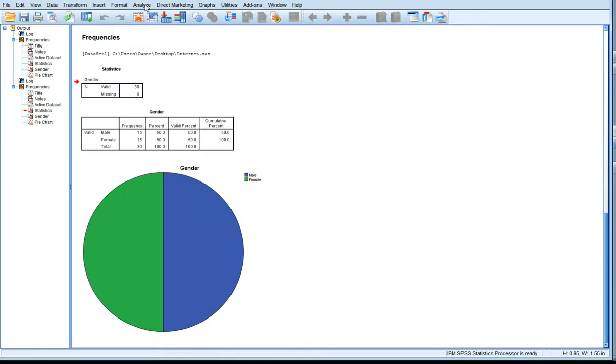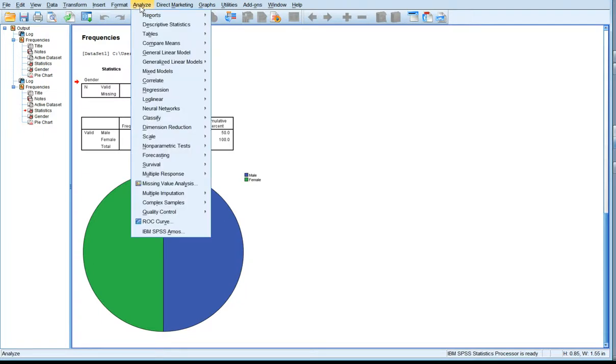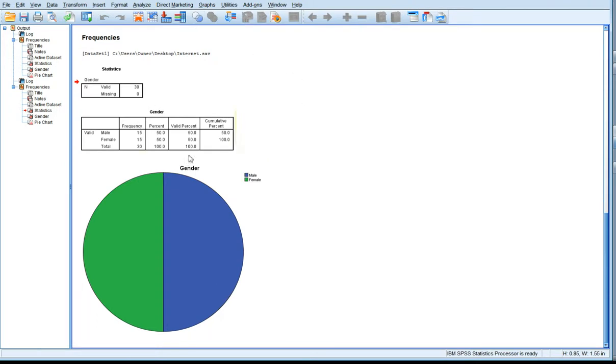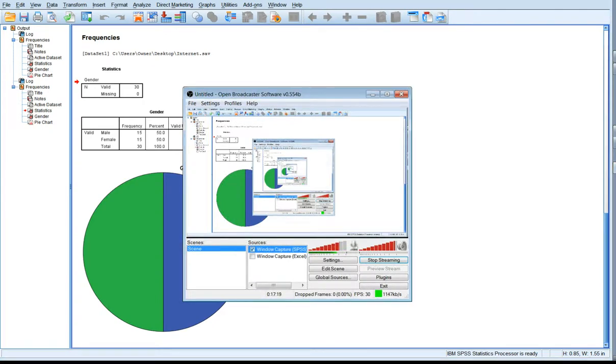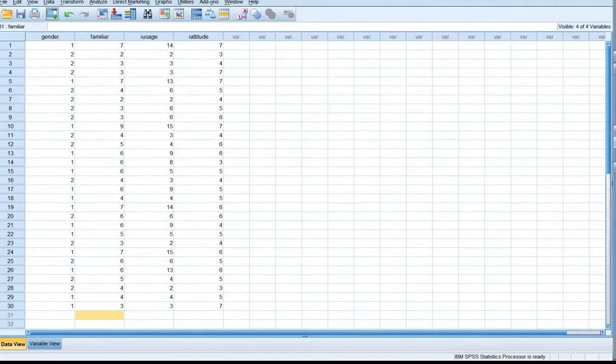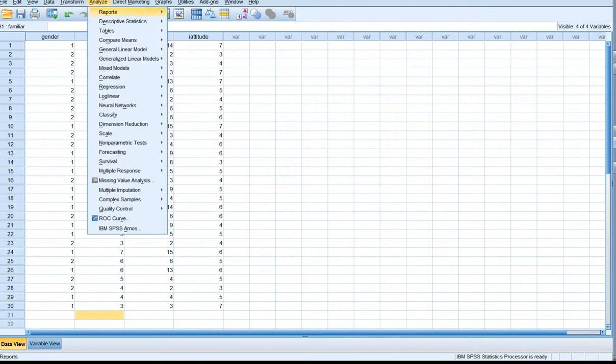If you want to calculate averages, we click on Analyze, and again this Analyze menu is available both in the output window and in the data window. So I'm going to click Analyze again, Descriptives, and descriptive statistics, and then click Descriptives. This is where averages are calculated, and the small icon here suggests that it's for means, because we see mu and sigma here, which correspond to population mean and standard deviation. So we click Descriptives,